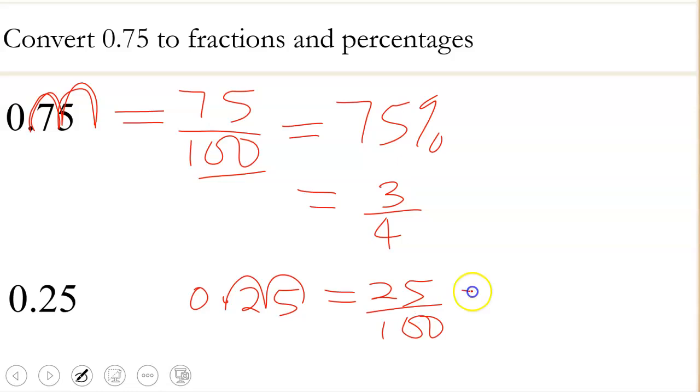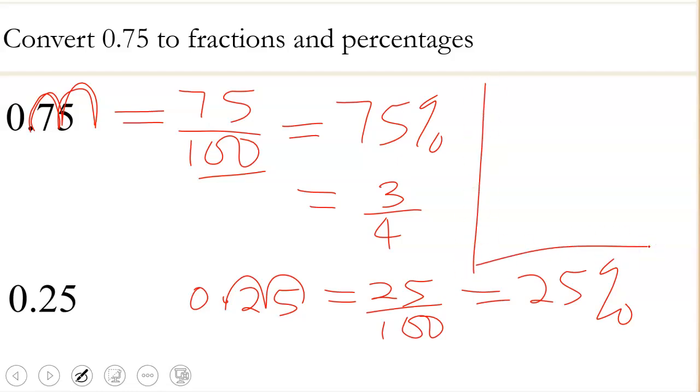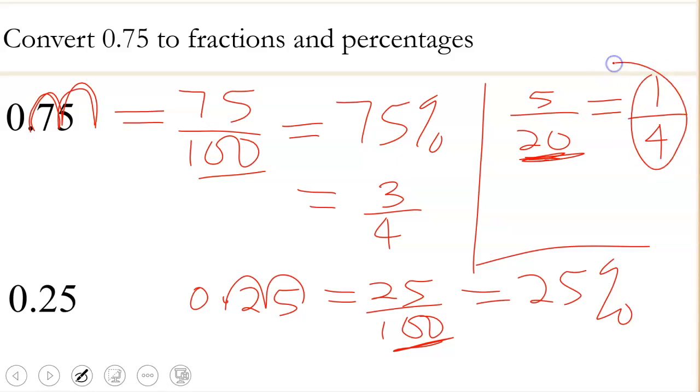Then that makes me get 25%. But then in the fraction form, I'm going to have 25 divided by 100. 5 can divide 25 as 5, and 5 can divide 100 here as 20. Again, 5 can divide 5 as 1, and divide 20 as 4. So 0.25 in fraction form will give us 1/4, and in percentage form will give us